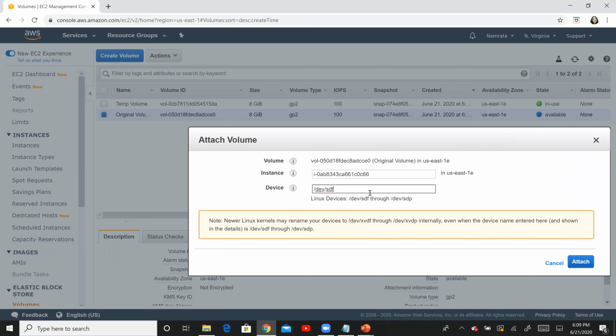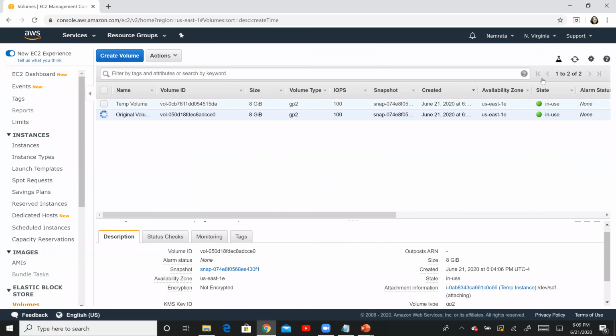This is just a temp name, and it also mentions over here that once it is attached, we will know the actual name of this particular device. I'm going to go ahead and attach it now. Click on refresh, and see it's attaching right here. It is attached now to our temp instance.